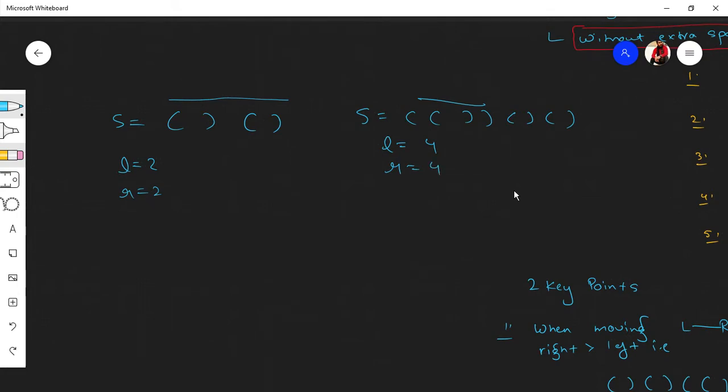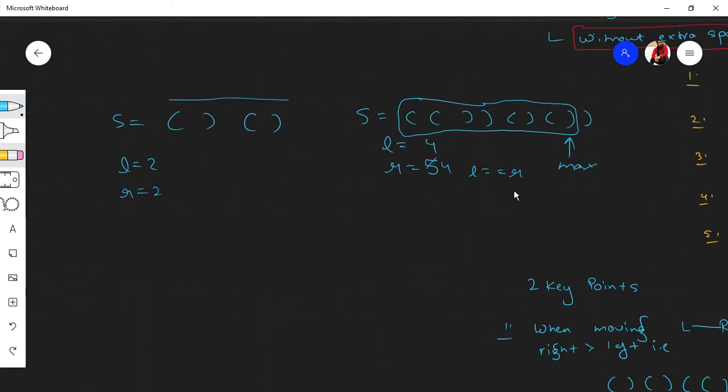So if these two are equal, it means that we have a complete valid string, and this can be considered. Now just imagine this R was 5 here. Then this is not a complete string because R got to 5, but the part before it is a complete string which is valid, and which our question wants. So whenever the count of both parentheses is equal, we can say that we have a valid string, and we just need to find if it's the max or not.